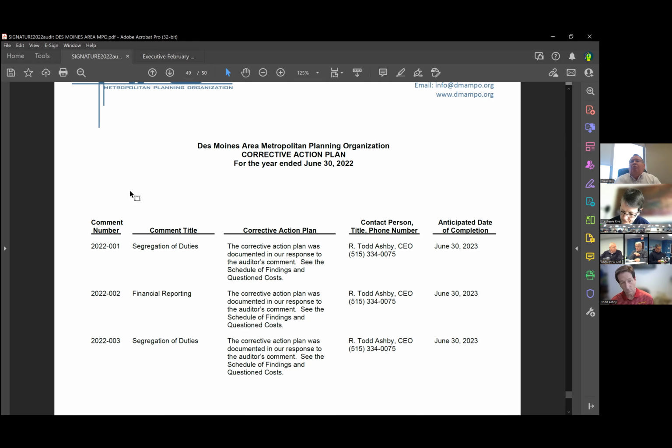I guess the direct question today would be, did the auditors actually review the FY 2023 Unified Planning Work Program and Budget document? We had a copy. We did look at the FY 23 budget, yes. And is that what we have? Is that the budget, or is there a different budget document? No, that's the budget.